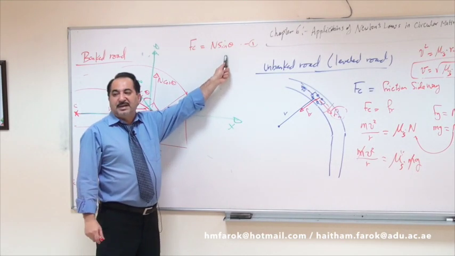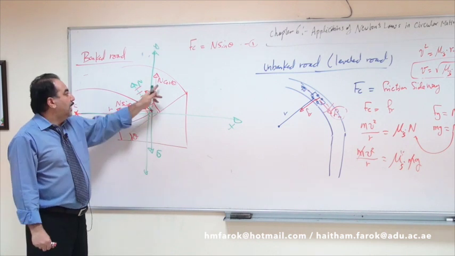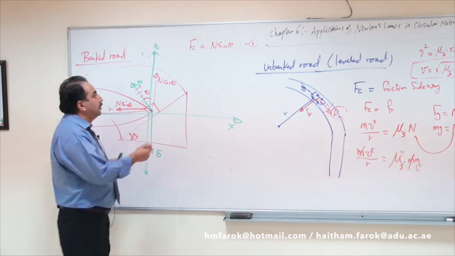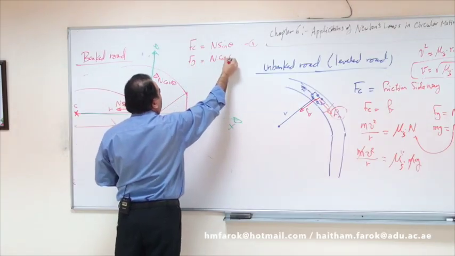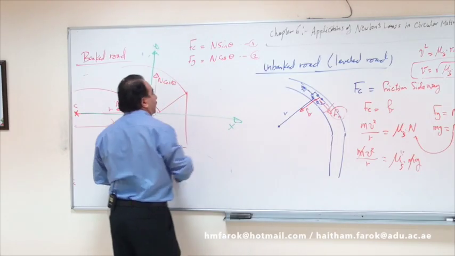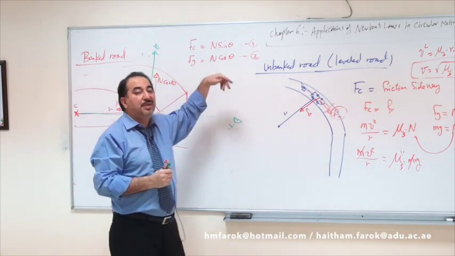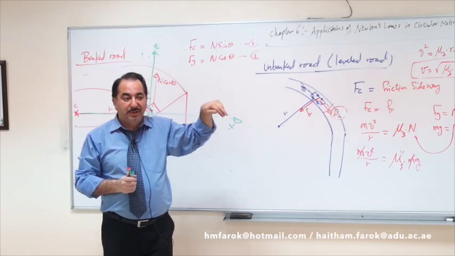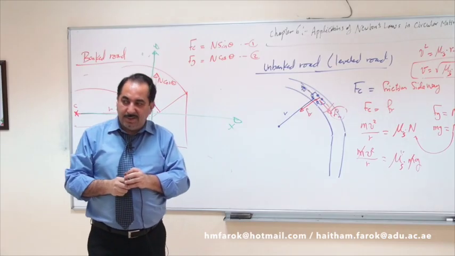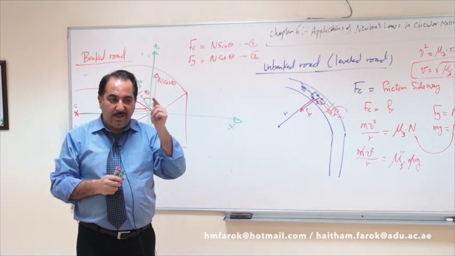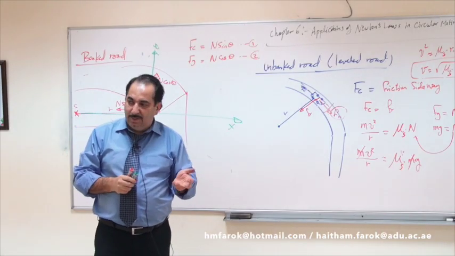So the x component, or the horizontal component, of the normal force. Now this is for the x-axis. For the y-axis, what do I have? Equilibrium, yeah? N cosine theta equals Fg. So Fg equals N cosine theta, equation number 2. Now here we have two equations. When you have two equations, one with sine, another with cosine, and you want to solve algebraically, the easiest is by dividing the equations,